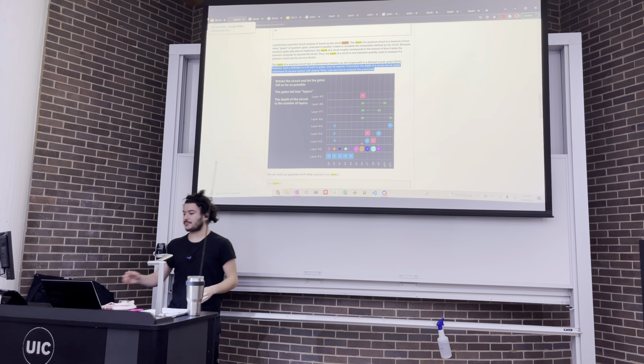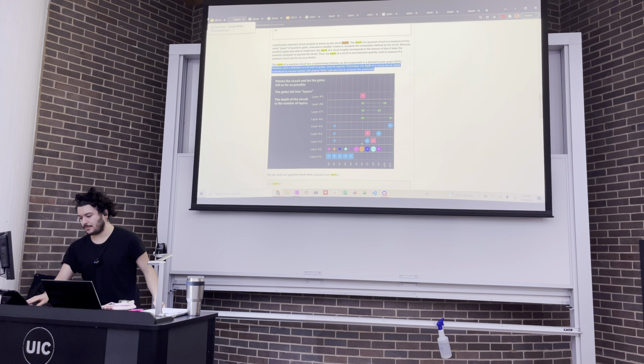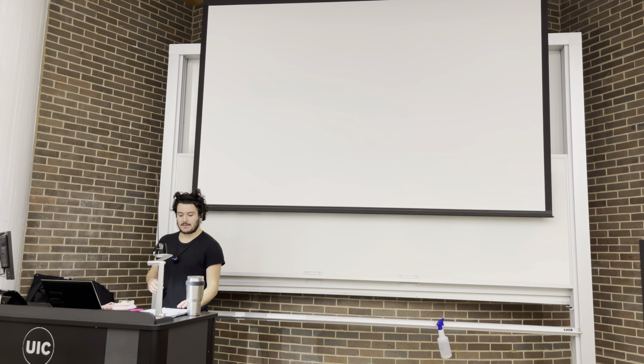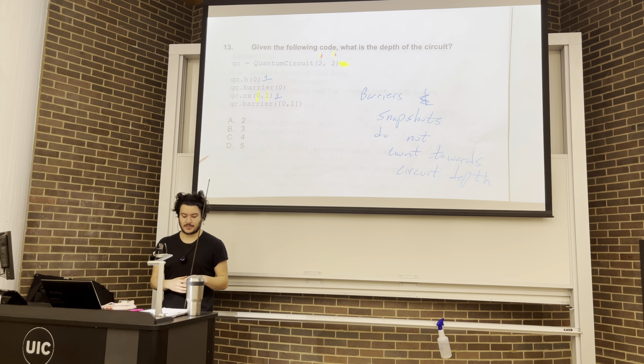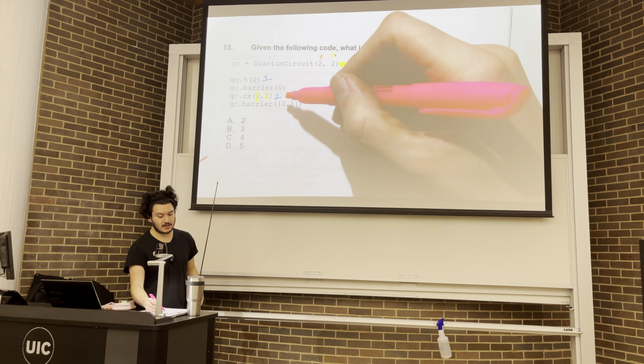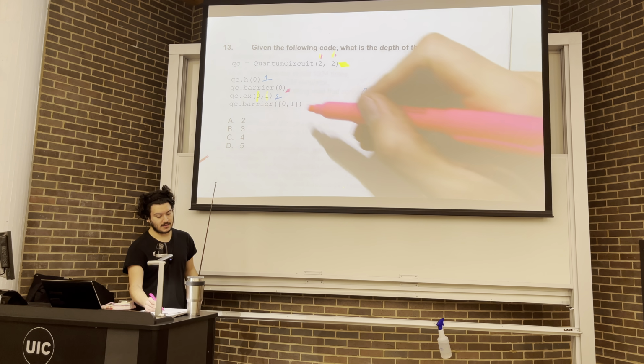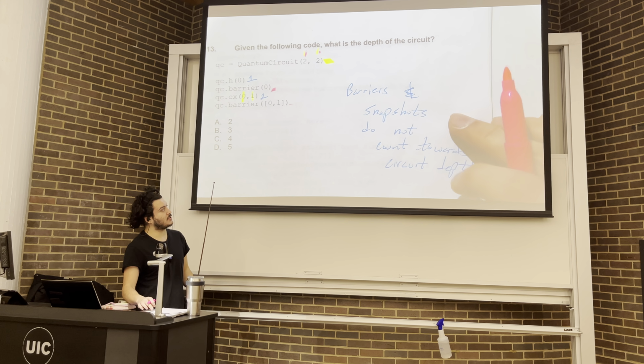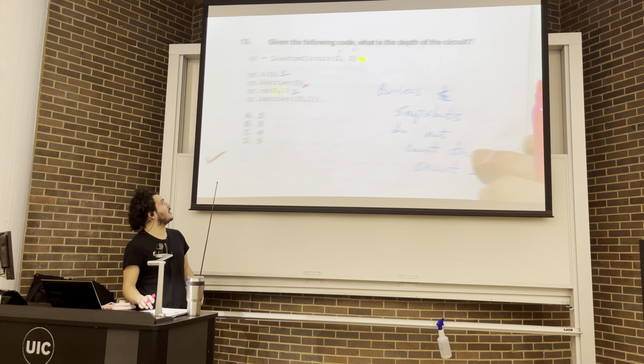Okay, so finally, going back to the question on the paper. Given the following code, what is the depth of the circuit? This barrier does not count, and this barrier does not count. Because those barriers and snapshots do not count toward the circuit depth, the answer is